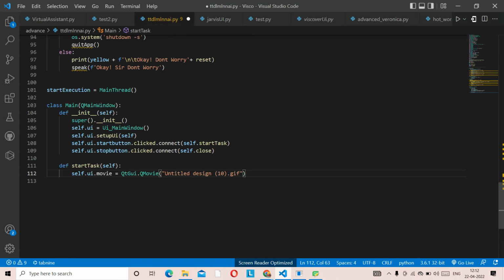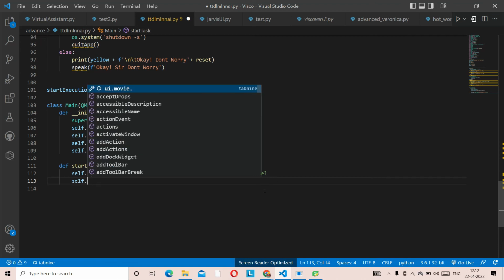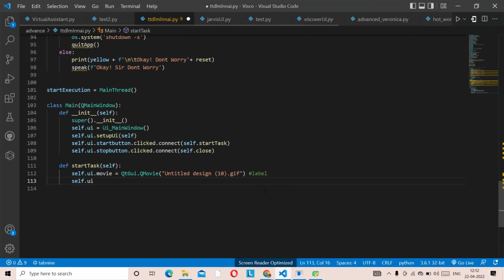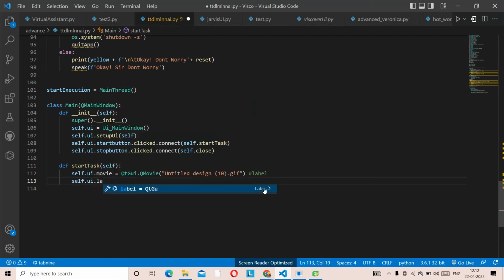So you can do the same thing, just copy it and paste it right here. Fine. And if you want, you can just put it as a label also, if you want to know what we are talking about. Fine. Now this is done. What we have to do next is, I think the last 5-6 lines are there, and then we are done with our graphical interface. We are going to put self.ui.label.setMovie